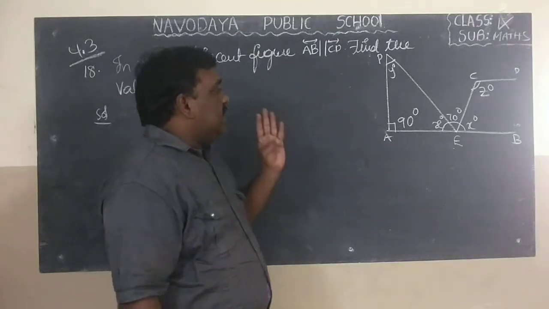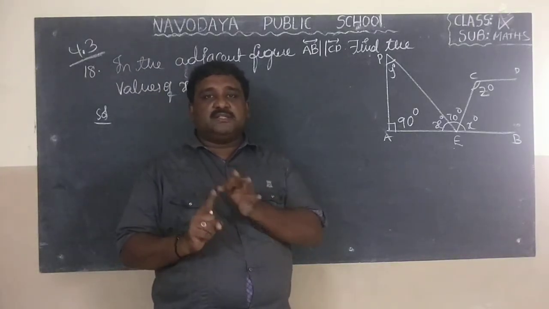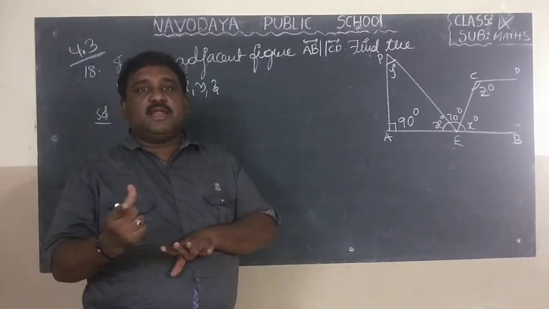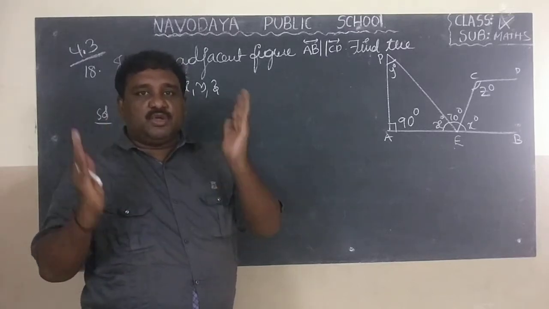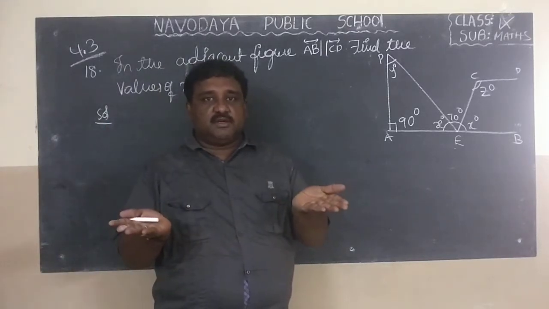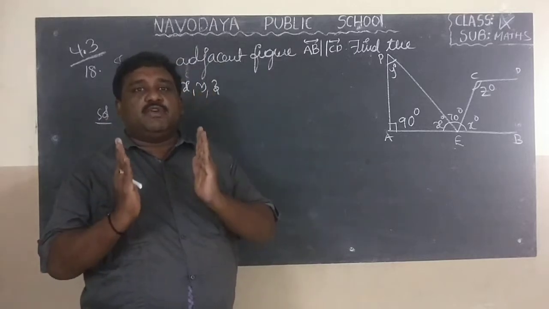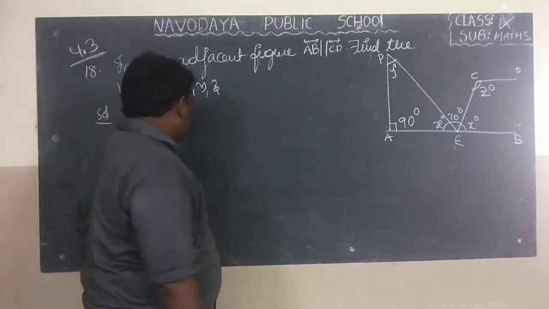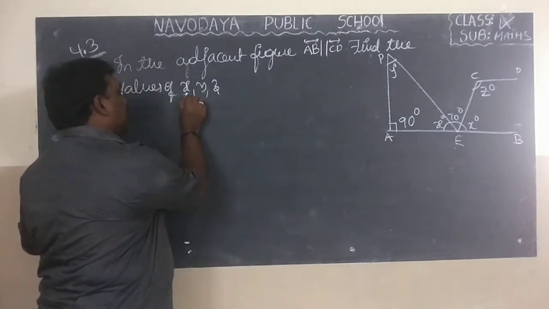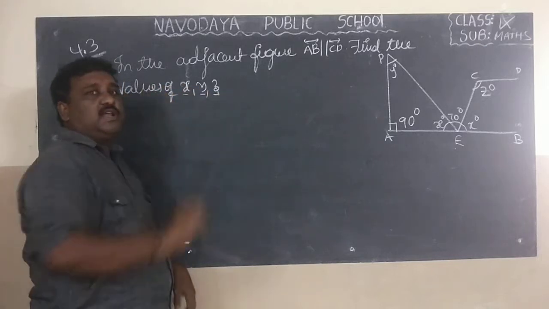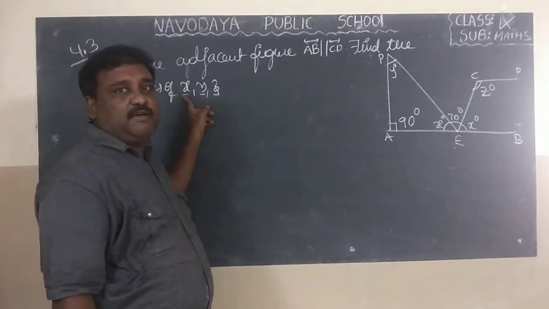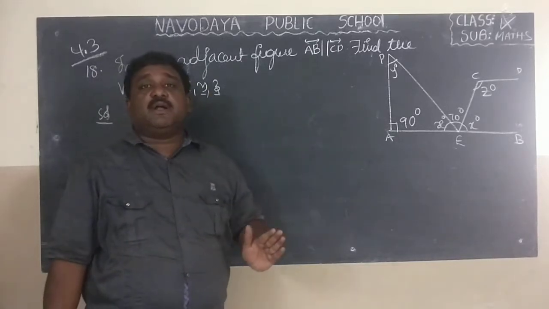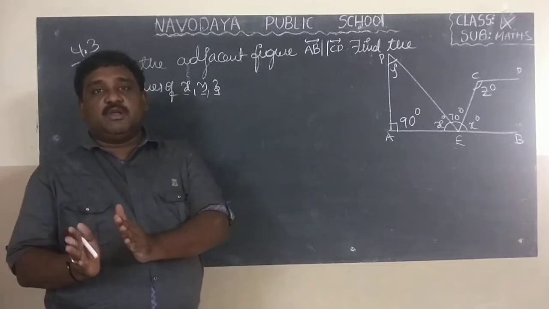And three angles we need to find out, x, y, z. Two lines are parallel to each other. AB parallel to CD. So generally, when two lines are parallel to each other, we think about transversal. Okay? So whenever we are talking about parallel lines, we talk about transversal also. We need to find out x value, y value, z value in the diagram. x value, first part of the problem. y value, second part of the problem. z value, third part of the problem. So like that, divide the problem into some parts.